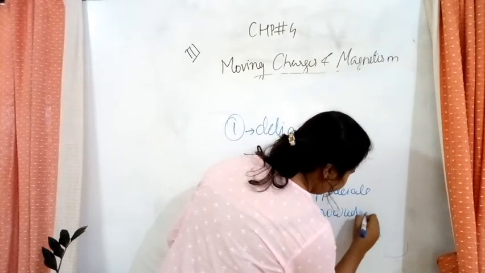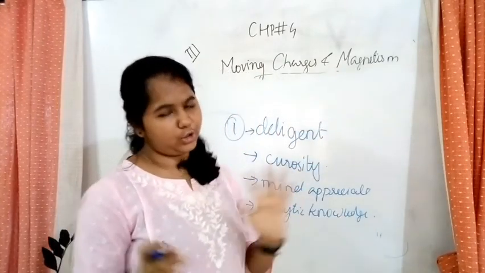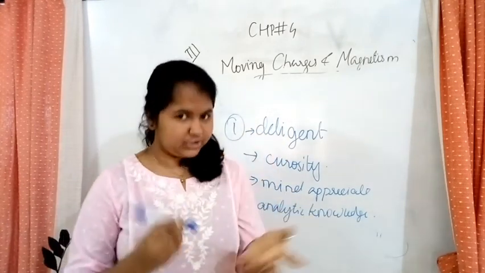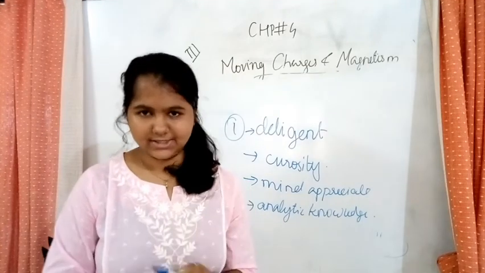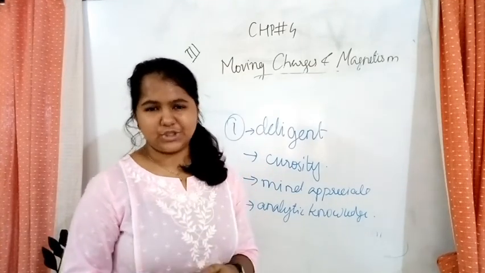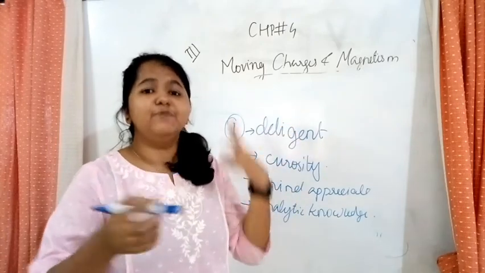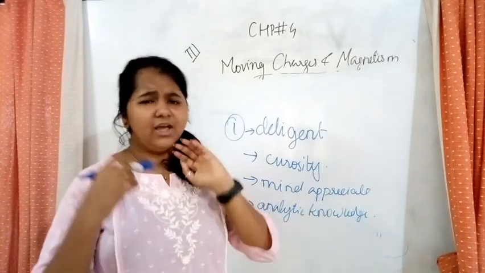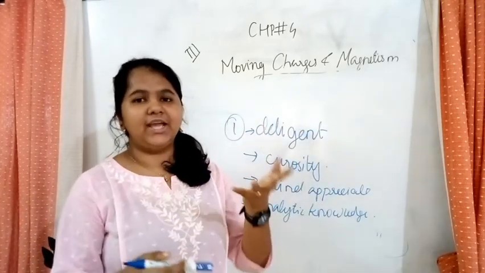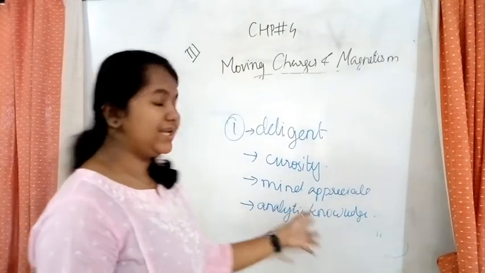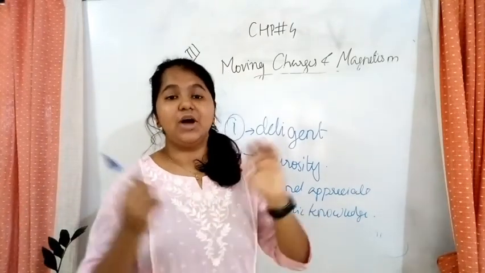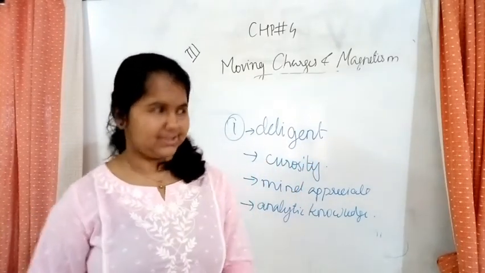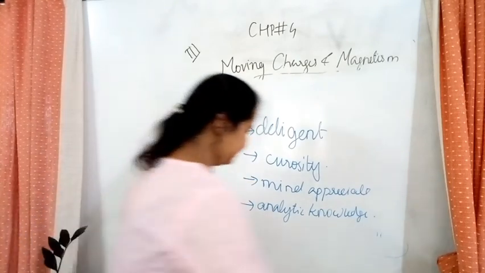You can write any of them. You don't have to write all. Maybe if you write all also it's okay. So she's diligent, she has analytical skills, she's a curious person, she has a mind to appreciate others also. So this was the first question. This is just a question that can give you marks actually. If you write any quality, she's caring, she's loving, compassionate, she knows how to do problems, she knows how to analyze things, she knows to appreciate, etc. These are small key characteristics, positive characteristics. So now let's do the problem.